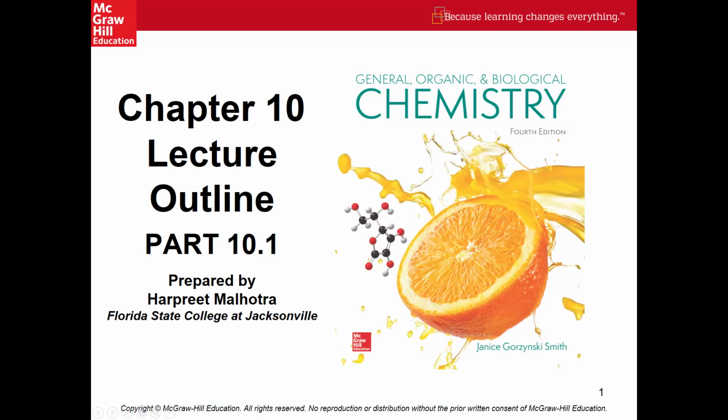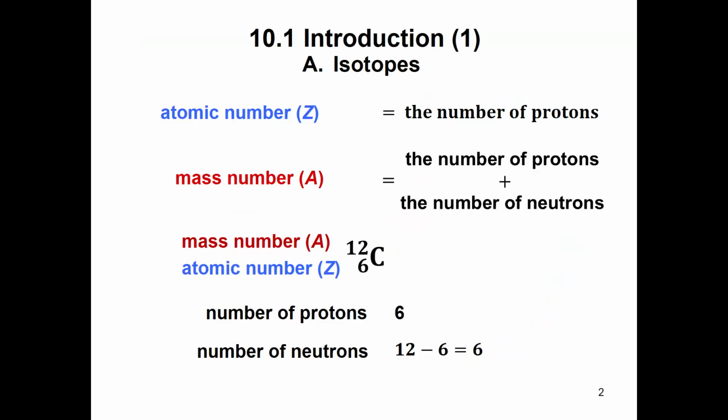In this chapter, we're going to talk about nuclear chemistry. And nuclear chemistry is pretty different from the other aspects of chemistry we've been talking about. Reviewing a little bit about how we talk about atoms in general, remember that we have an atomic number, which